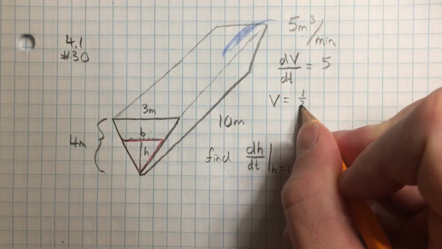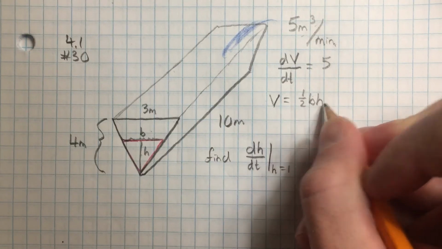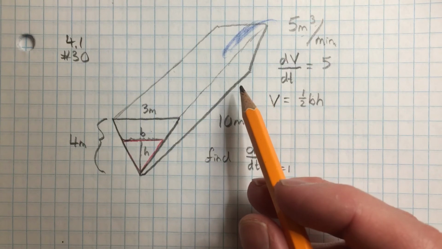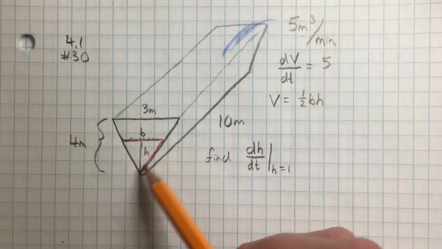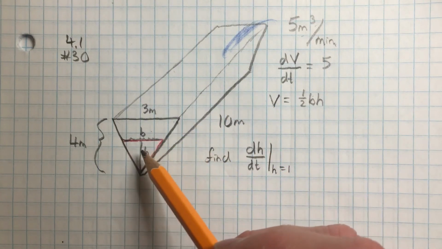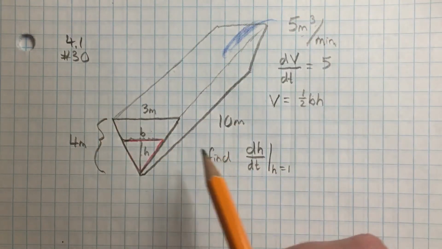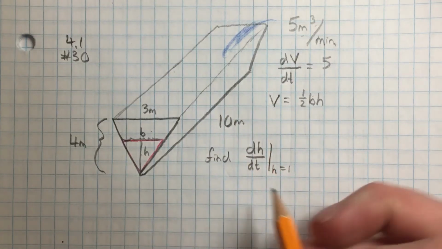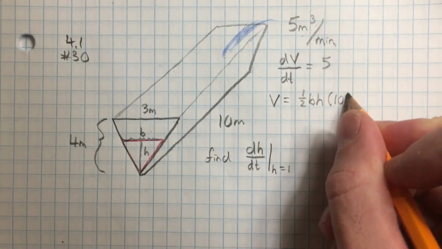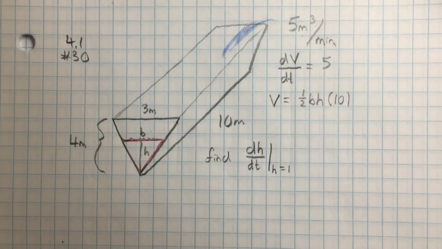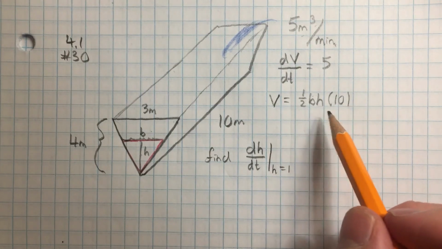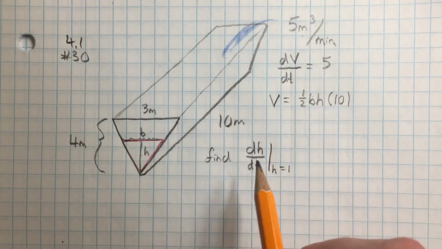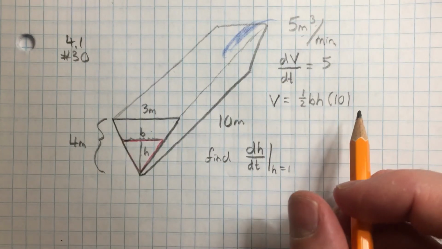So 1/2 b times h, and then if I multiply that by 10, right, that would give us the full volume of this water, right? This is just the area of one cross-section of the water, you might say. So multiplied by 10, we'll extend it this way through the length of the trough, giving us the full volume. There's the volume of the water at any time t. You'd calculate the base and the height, and you could find out what the volume of the water is for any given time. All right, now that we have that,